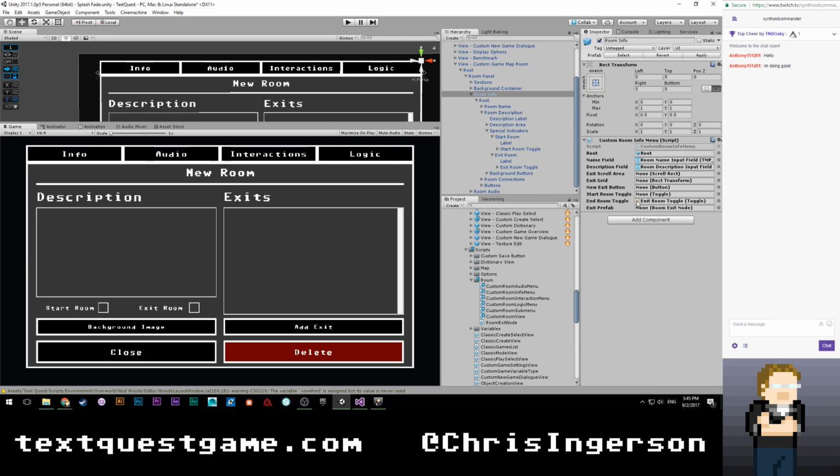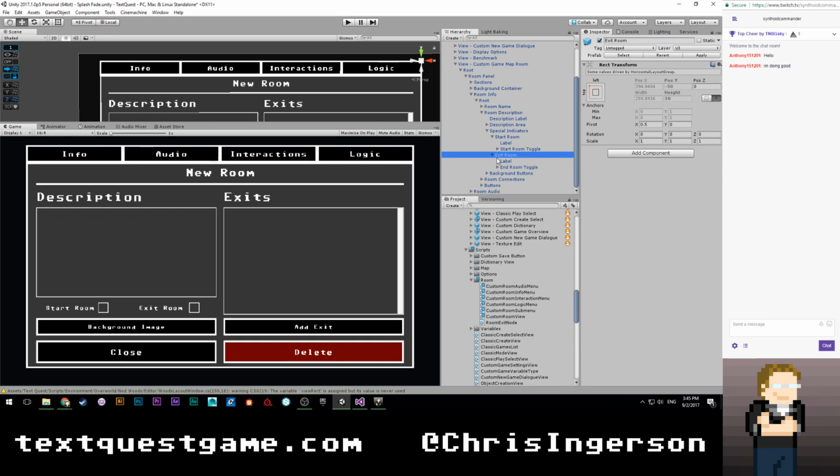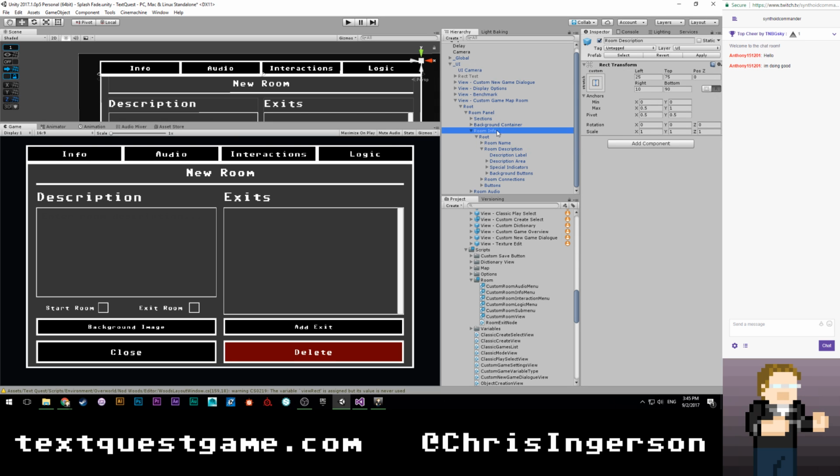So end room toggle and start room toggle, which I will rename this to end room toggle. Again, end room. Okay, so that's those toggles. What else do we need here? Room info. Exit prefab,